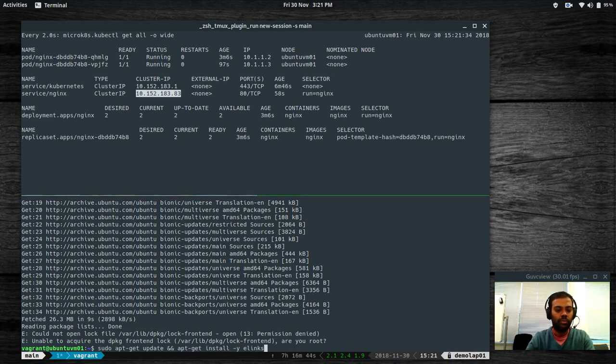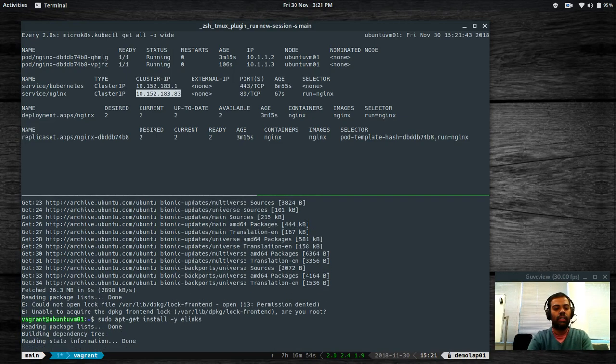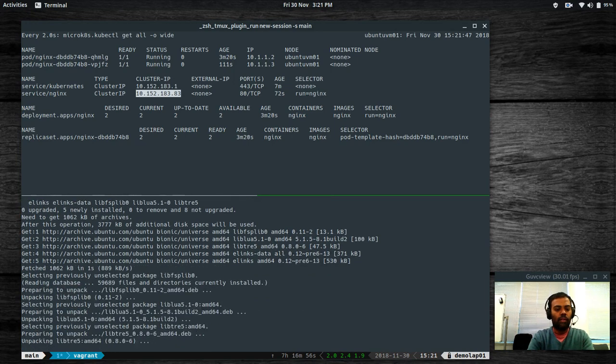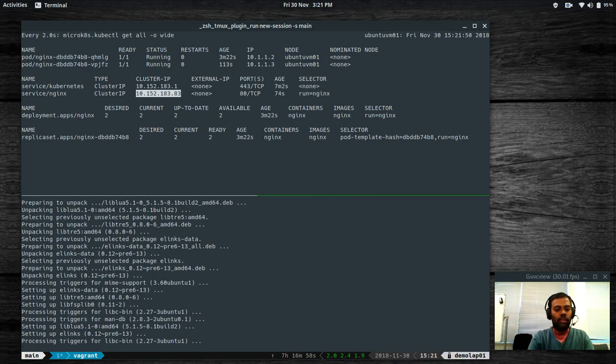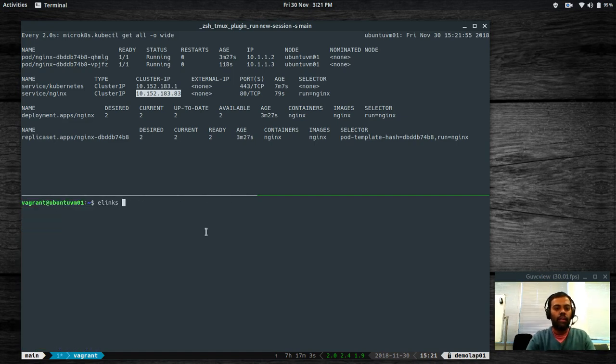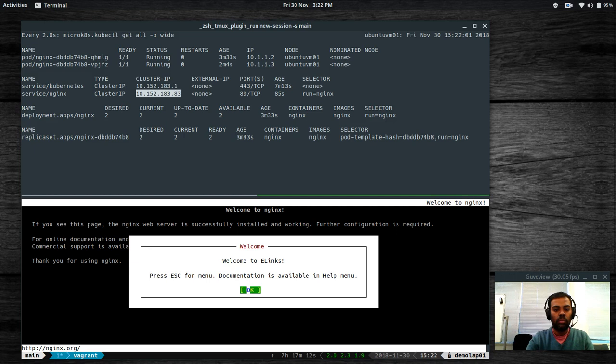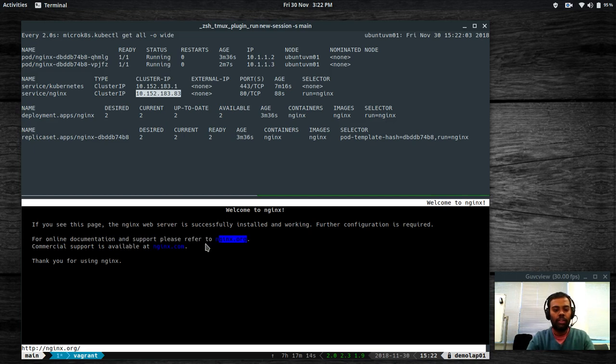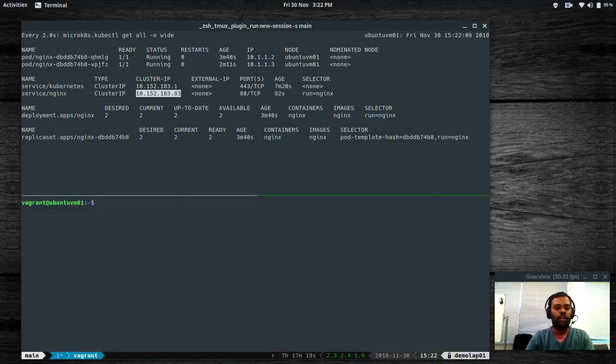I missed sudo. apt-get install -y elinks. elinks is installed. elinks and the IP. Cool. And that's the Nginx welcome page. It's running, and I wanted to show you